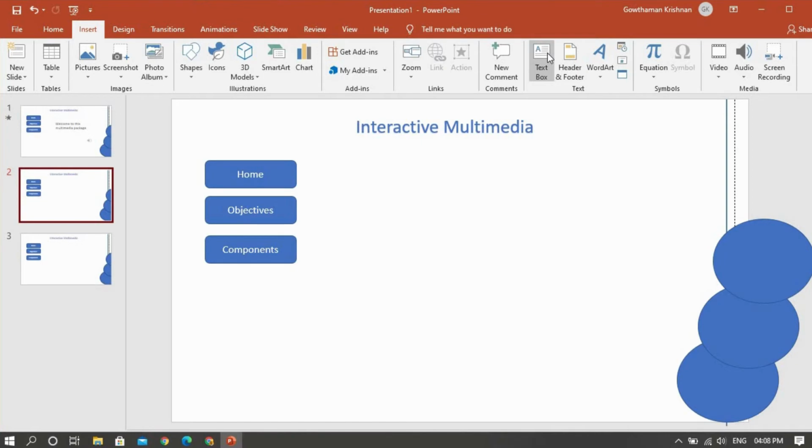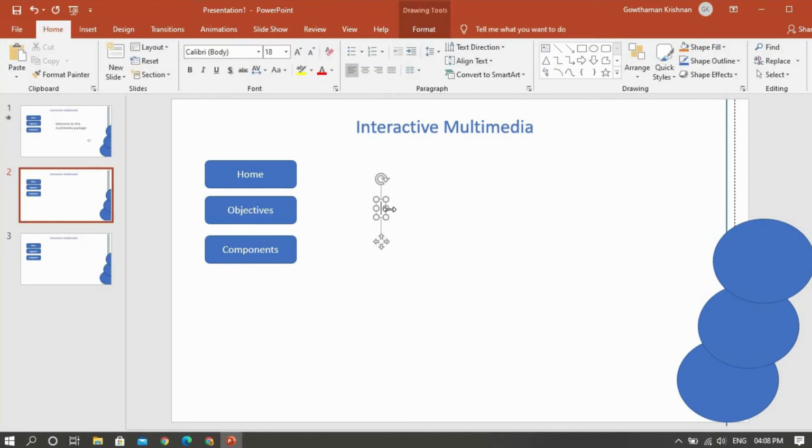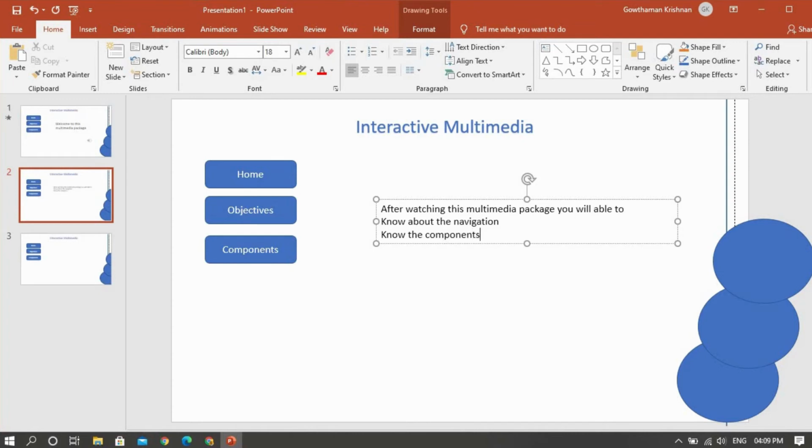you can place it in text, like: after watching this multimedia package, you will be able to know about the navigation, know about the components of multimedia.